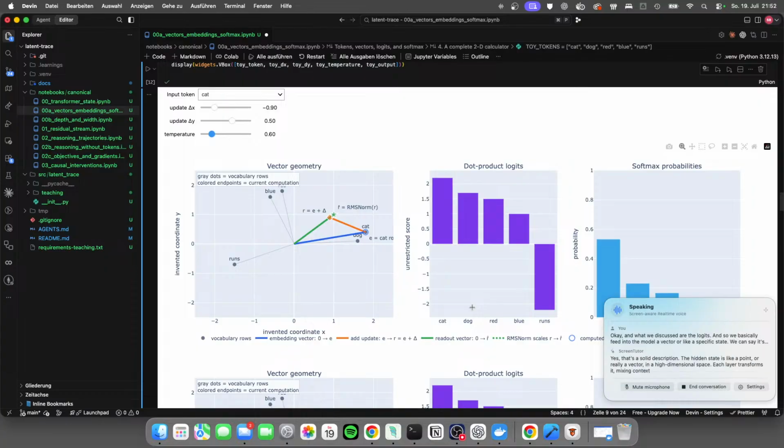Yes, that's a solid description. The hidden state is like a point, or really a vector, in a high dimensional space. Each layer transforms it, mixing context and reshaping it, and the final transformed state is fed into an output projection. That projection produces logits, one score per vocabulary token, which are deterministic given the same state and weights. Softmax then turns those scores into probabilities. Temperature and decoding strategies, like sampling or greedy selection, come after that and decide how to pick the next token